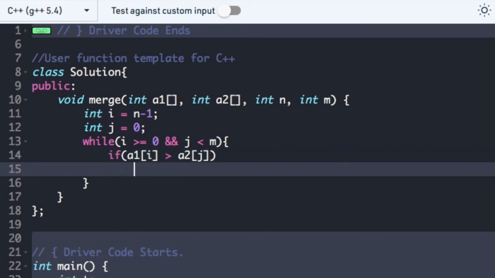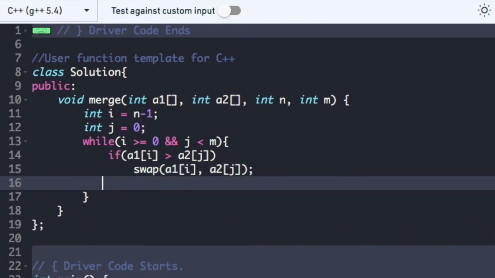If A1 of i is greater than A2 of j, then we swap A1 of i with A2 of j. And finally, we decrement i and increment j.